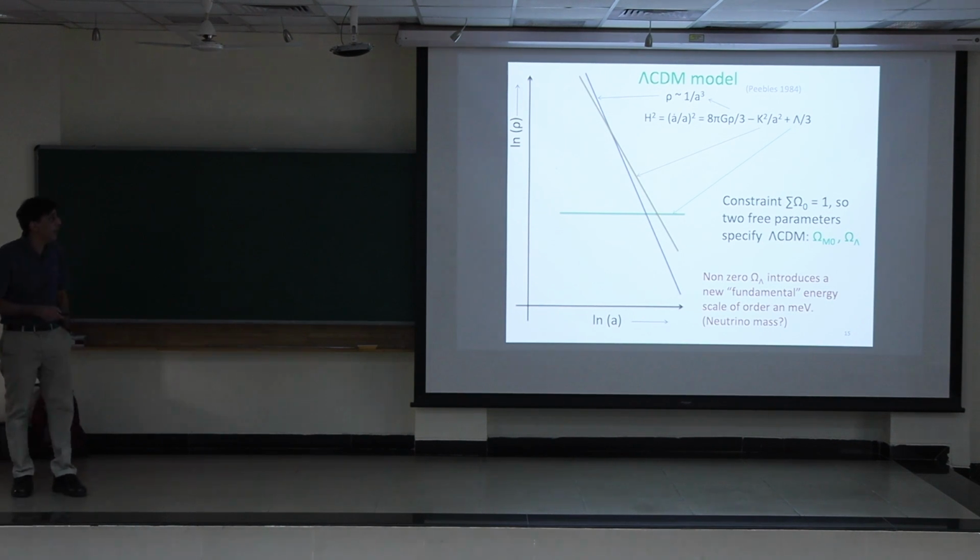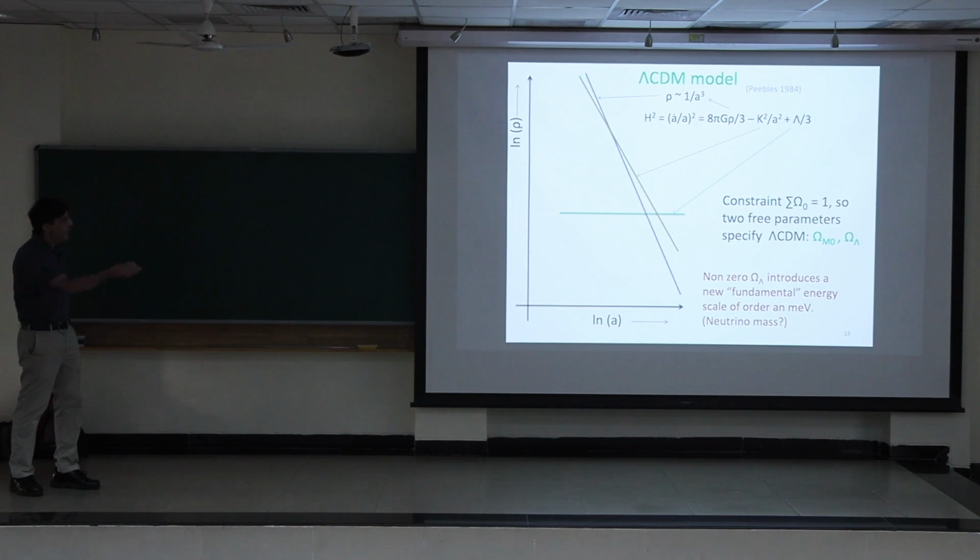This is the standard model, and I'm going to show you these plots. They're at relatively late time, so there's a function of the density of these various things, and it's a log-log plot as a function of scale factor. So we live over here, and you can go back to the early universe, but I'm not going to go back far enough to bother about radiation. So the Friedmann equation is up here. You get a contribution from ordinary matter and baryonic matter, and that's going like 1 over a cubed. That's the blue line. The orange line is space curvature, and the green line is a cosmological constant.